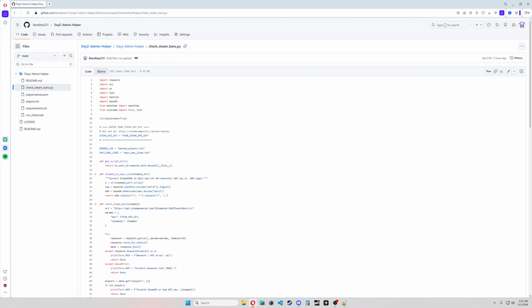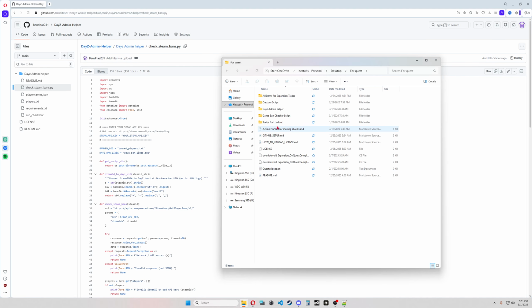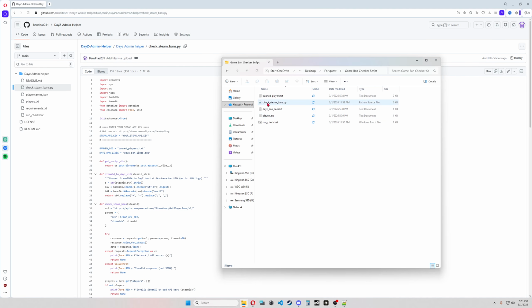So open, and here you just press edit with Notepad or another program which you prefer to run. And then that's it with Python.